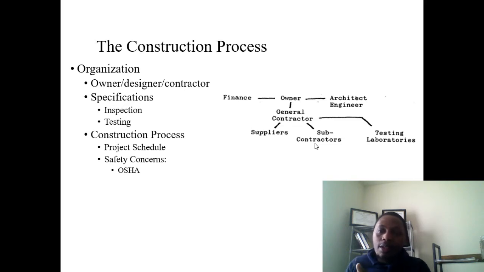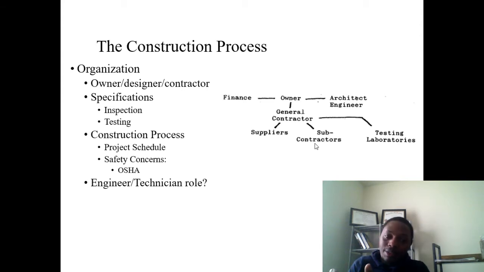So together with the specifications and the organization and the responsibilities, the construction process also entails that we keep our project within the schedule and within the budget. Okay, as much as we're doing that, we also need to ensure that our project is safe. Okay, and the safety of the construction workers is administered by the OSHA. Then specifically we want to see what is the role of the architect engineer, the technician, or the construction manager